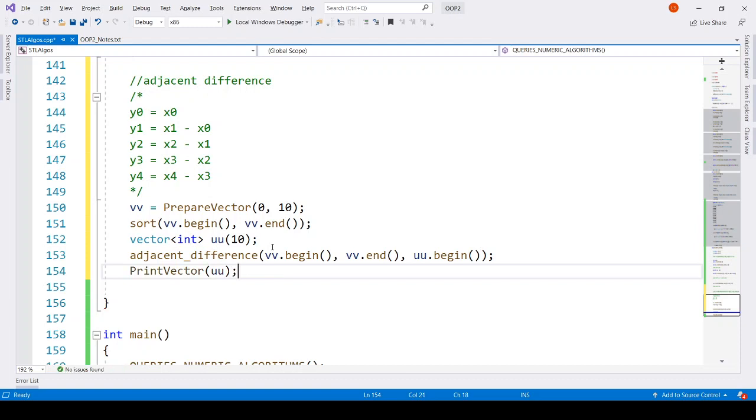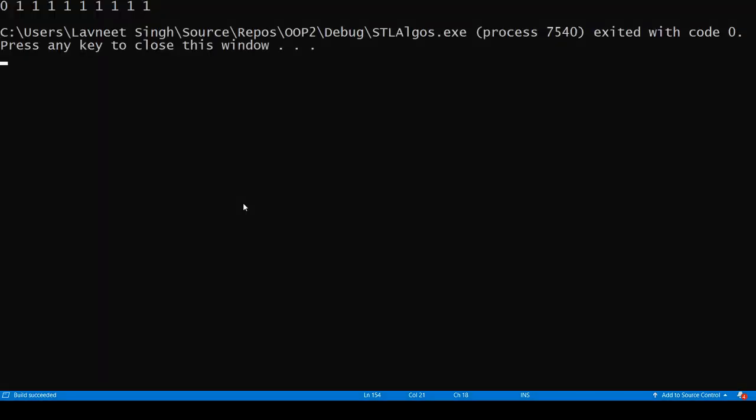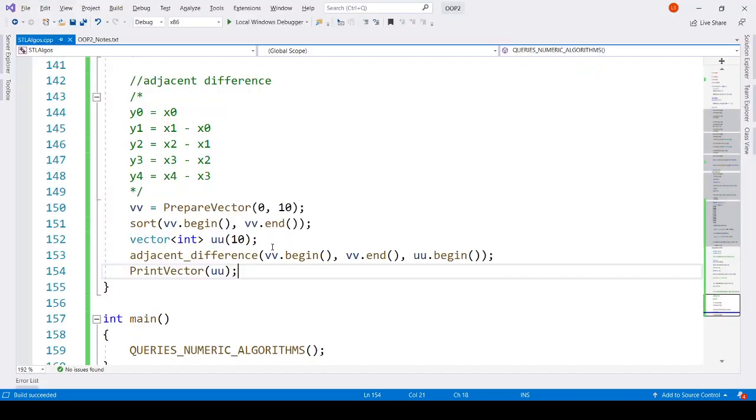So can anyone guess what UU will look like? Let's see. Because we have sorted the vector and our vector is from 0 to 9, apart from the first element, which it just takes, the rest of the differences will always be 1: 0 minus 1, 1 minus 0, 2 minus 1, 3 minus 2, like that.